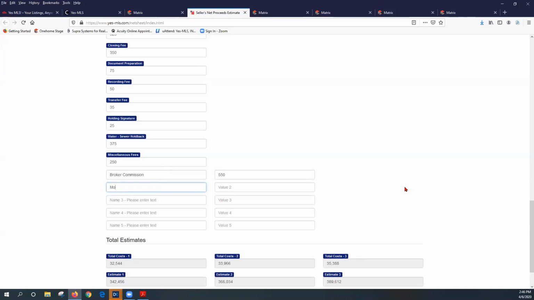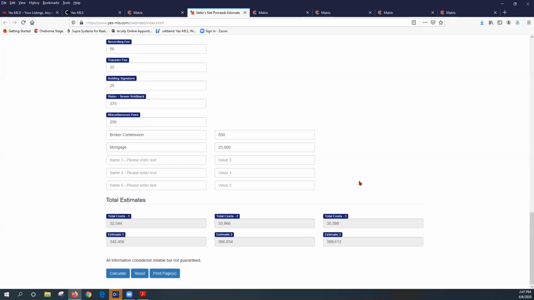If you wanted to show their mortgage, that they have a balance on, maybe they owe $23,000 on the rest of their mortgage. At the bottom here, you have to hit calculate again in order for all of those changes to be taken into consideration. Always, always hit calculate before you hit print, because if you've made changes and you don't, it doesn't do the calculation and you're going to shortchange yourself. So across the bottom, it gives you the values that it came up with based on the different prices and the different fees. And when you're ready, you click print pages,